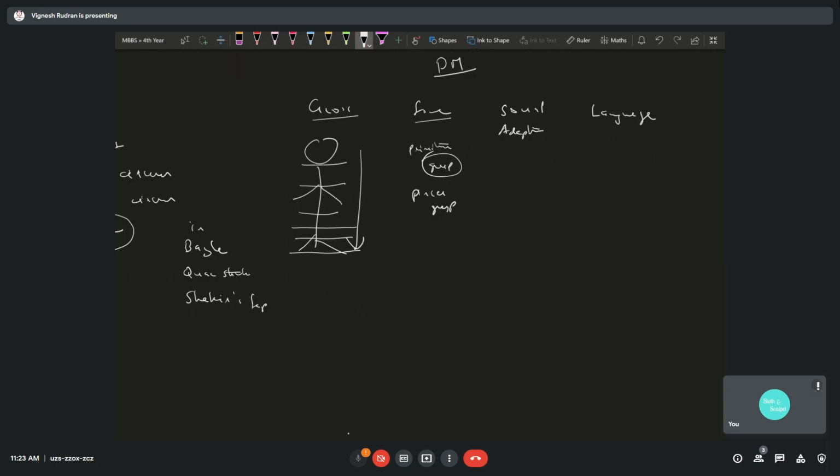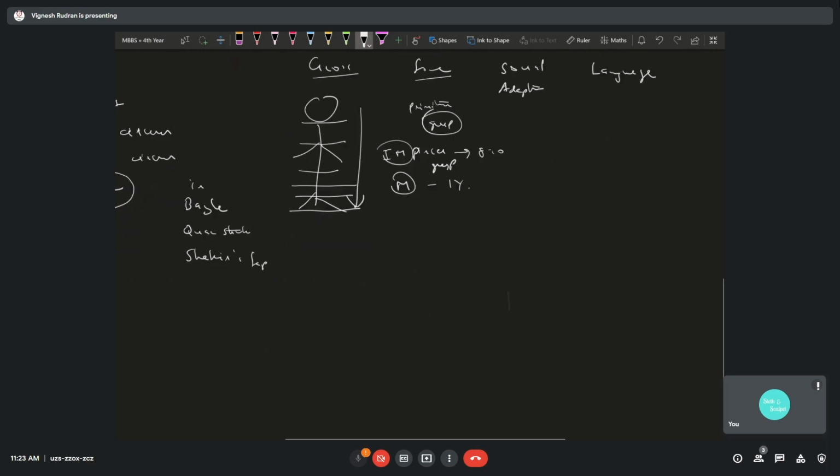You have immature pincer grasp and mature pincer grasp. Your pincer grasp usually develops in 8 to 10 months, and mature by 1 year. What this mature and immature is: when the baby uses the whole of his palm and fingers to pick up an object, that is your immature pincer grasp. When he uses only 2 fingers, like a thumb and index, to pick up an object, that is your mature